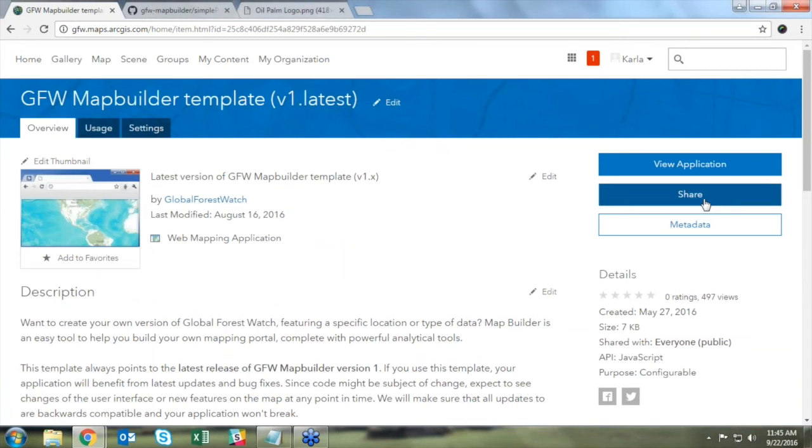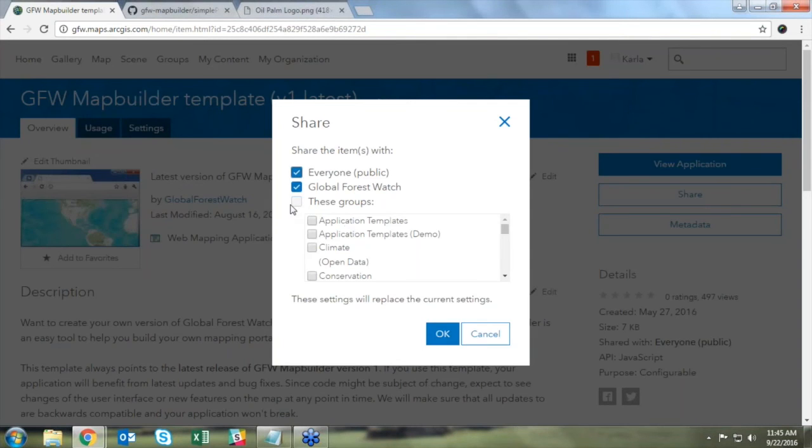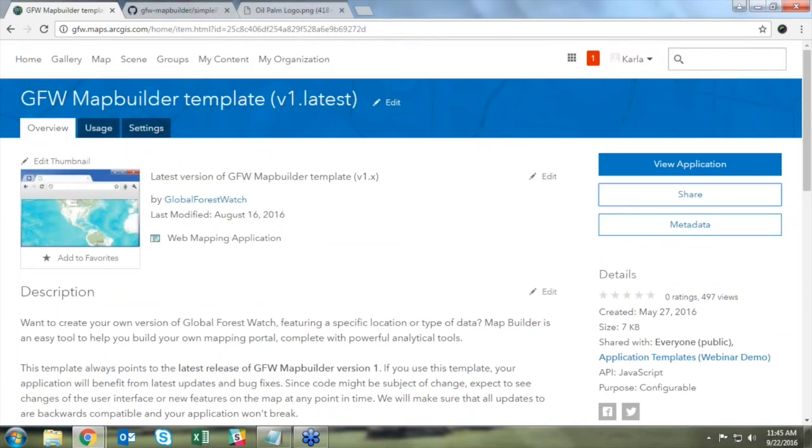And you're going to click Share and share it with the application templates group that you just created. Then click OK. So now your template's been registered. So now if you go to My Content